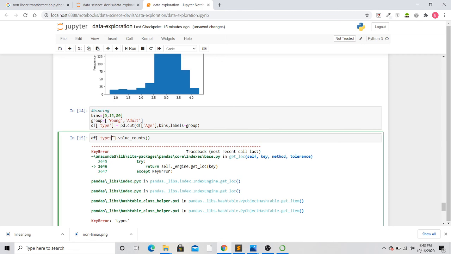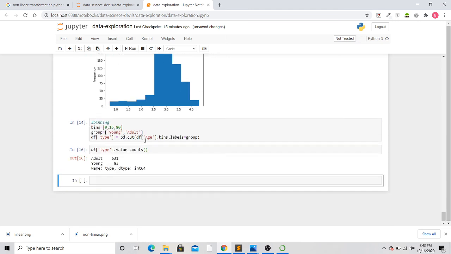Okay, it's not types, it's type. So you have to be careful with the spelling because this gives an error. Okay, so there are around 83 young people in the Titanic ship, and 631 adults in the Titanic ship.